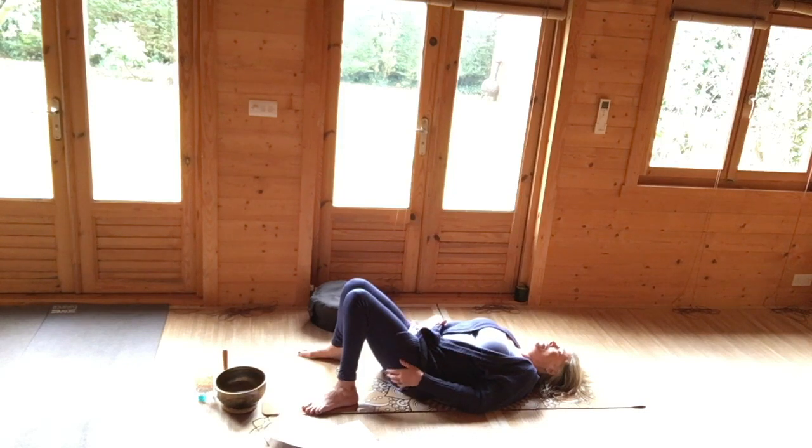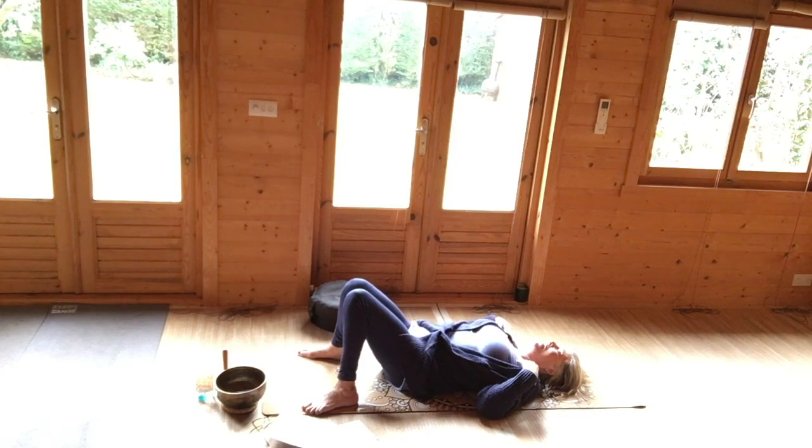And following along the front of the body, the lower abdominal area, and moving slowly up towards the internal organs, and up towards the rib cage, the chest, the heart. And just feel as you travel upwards that your shoulders broaden and relax into the ground as they open out. And move your focus down the upper arms